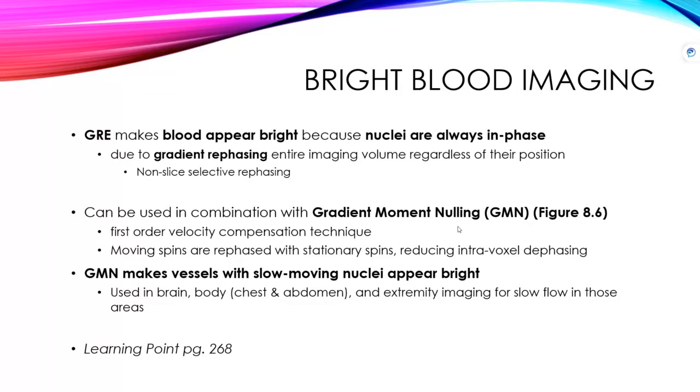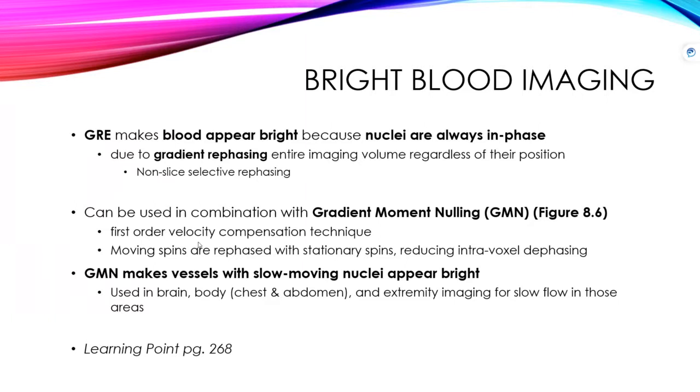And so what gradient moment nulling does is it rephases even more. So not only are we using the regular gradient to rephase our spins, but we're also correcting for any extra inhomogeneities, any extra out of phase spins using the gradient moment nulling technique. And remember, that's for first order motion, laminar flow. So it's not going to compensate for everything. This is why gradient echo sequences are not going to be perfect,